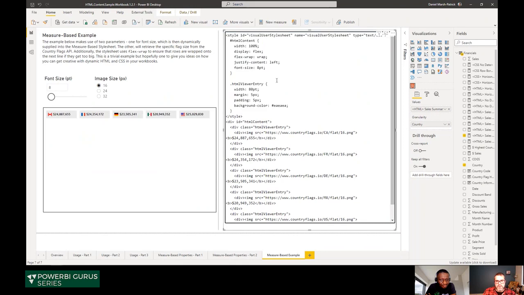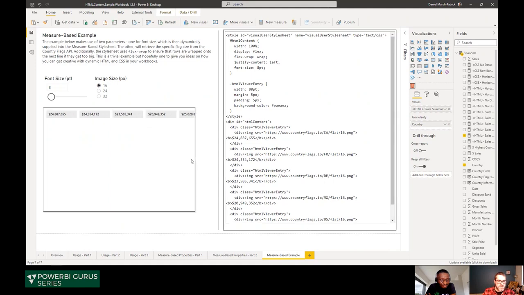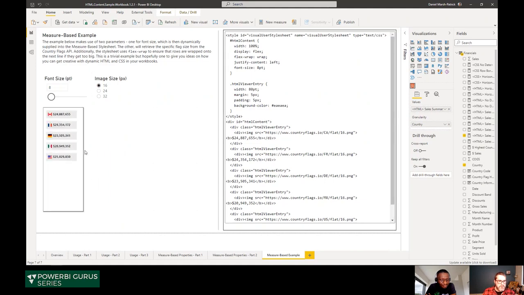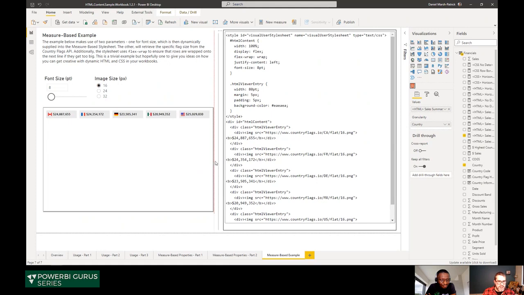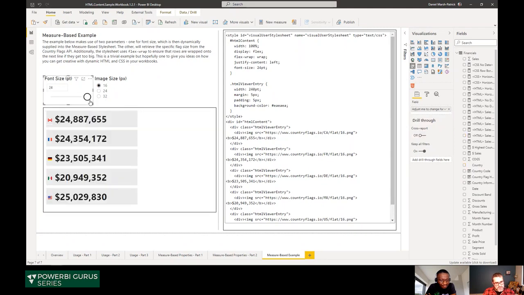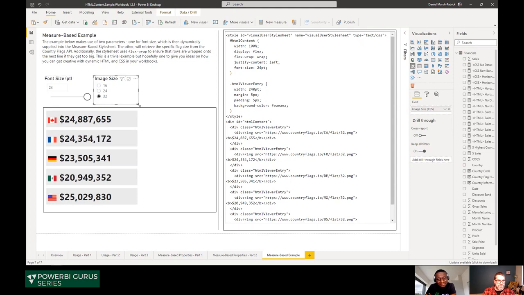So this is something that's called a Flexbox, which is a way of laying out elements in a web page that makes them work much like what we saw with small multiples. So we can drag this visual and it will responsively move those. So think of these as little cards, I guess. And then the other thing we've done is this measure has bindings to some what-if parameters. So I could drag the font size up and it would increase the font size in the generated code. And I could change the image size, which changes the